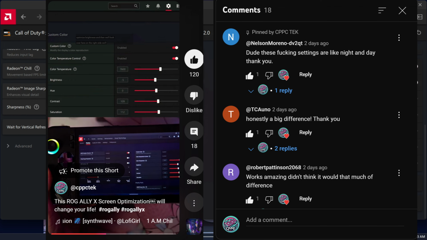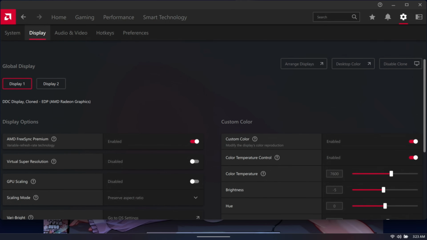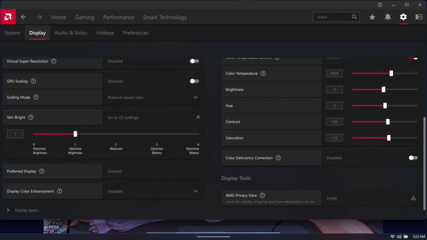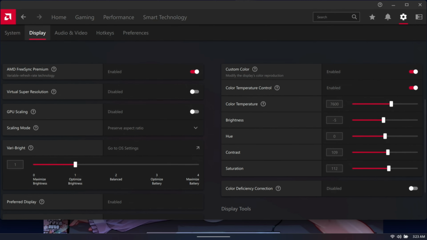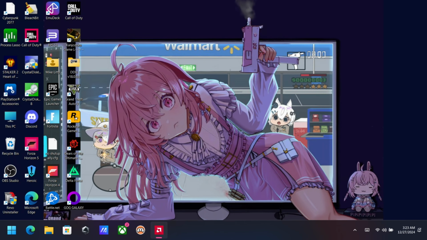as you see here. I also made a short about this, but you can get to that as well for the global settings in the top right hand corner where the gear icon is. Click display, and then you can see I've got the settings pretty much the exact same over here. Just copy these settings down, set these, and you'll notice a massive difference over all your games that you play for sure. Let's go ahead and open up Armory Crate, and I'll tell you exactly what you need to change